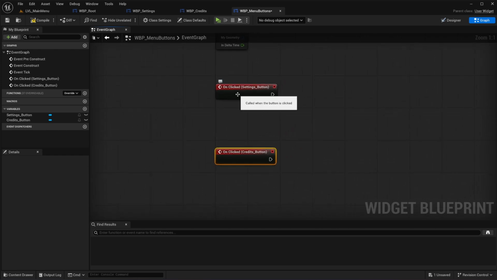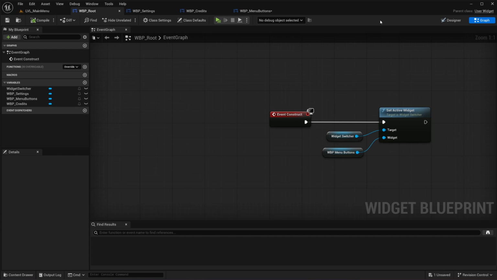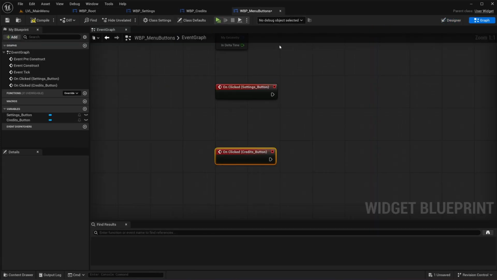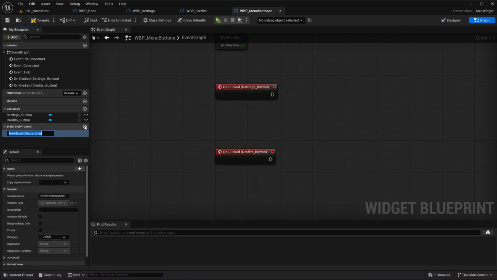Now what we want to do is when we click the button, we want to trigger an event dispatcher so that we notify that the button was clicked. And this will be later on heard by the root menu that will switch the widget switcher accordingly. So here, going back to the menu buttons graph, what we need to do now is create the event dispatchers. So let's create one for the settings button, and a good practice is to start it with on. So on settings button clicked,